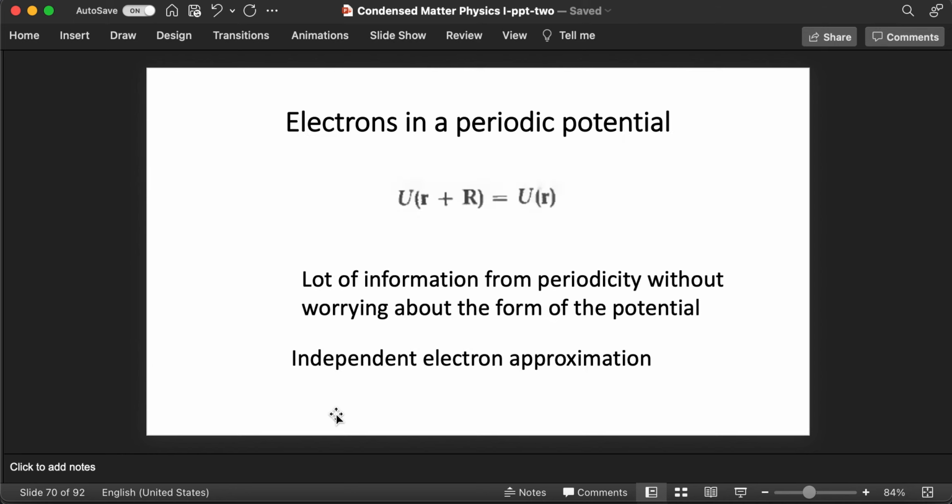So now in the next part of the course, we are going to consider electrons in a periodic potential. So we have considered a Bravais lattice. We have considered what happens to plane waves in a Bravais lattice, and those plane waves were externally applied plane waves. Now we are going to talk about internal plane waves. That is, we are going to talk about plane waves which are basically electronic wave functions, and what happens when they encounter a periodic potential.